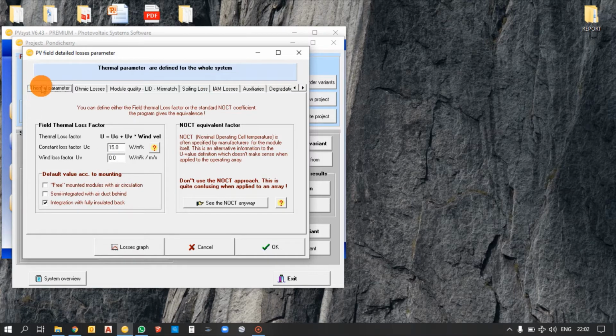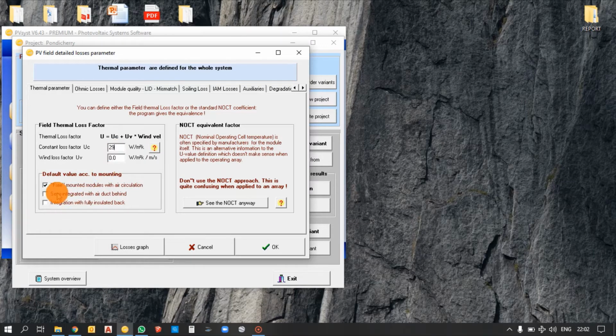First, start with thermal parameters. Thermal parameter in the sense thermal losses. It will differ depending upon the place you're installing. In case it is ground mounted, you will have 29%. You can just use 29% as the losses here. In case you're going for an RCC, you can use up to 20% of losses. If you are using RCC sheet roof structures, you can go for 18% of losses.